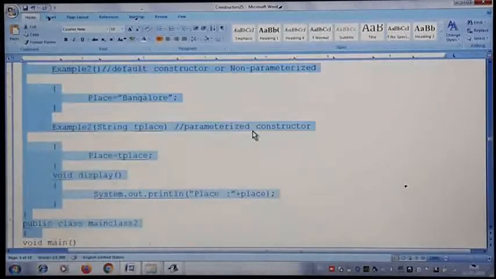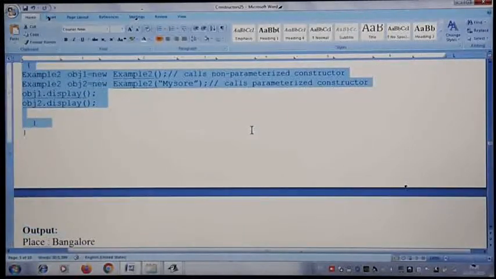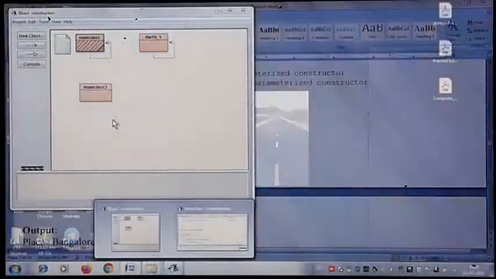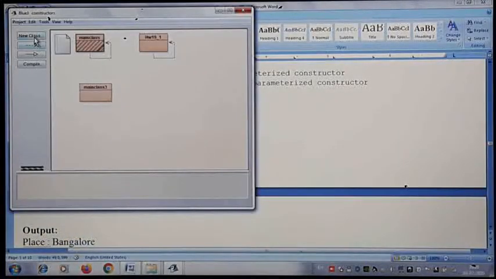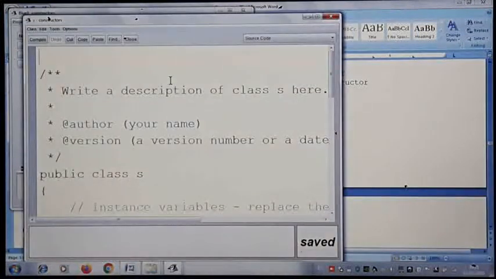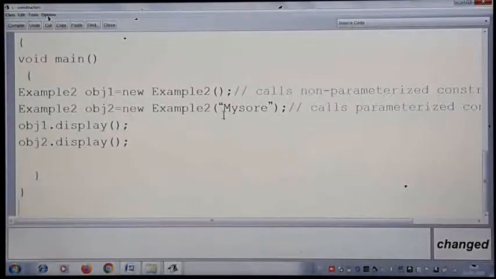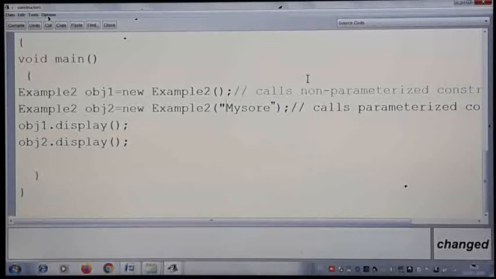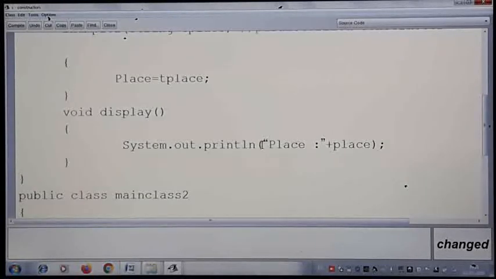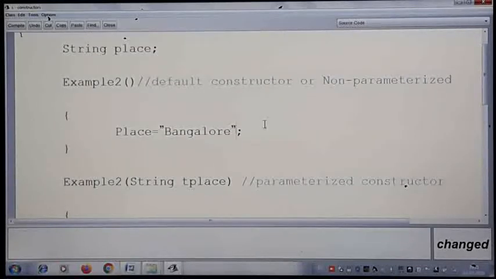I'll take the same program and give you a demo of how we are getting this output. So let me take it to the BlueJ. Now I'll create one class. Same example, we'll just have a look at how it is working. Since I'm taking from the Word, I'm just editing the double quotes here because the quotes don't match. Same example.